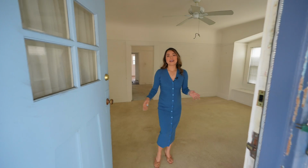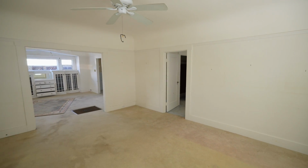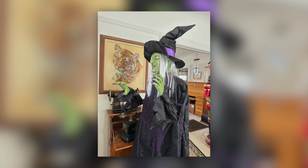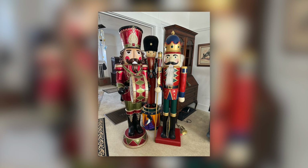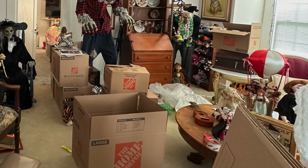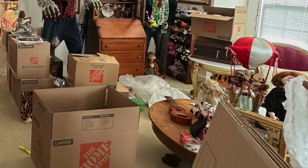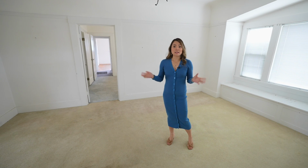Now welcome inside. The house is completely empty now, but when I first came here, there was quite a collection. There was a witch right by the front door, a wolf-looking character, some nutcrackers and pirates, and also some dolls. The previous owner moved out and took all their treasured belongings with them, and now this home is a blank